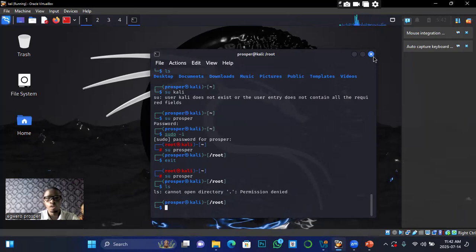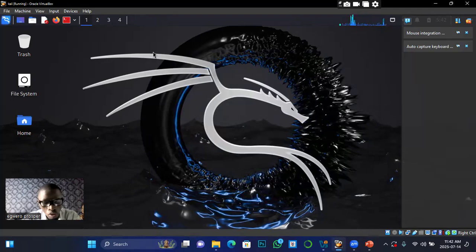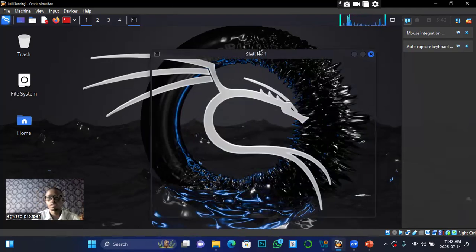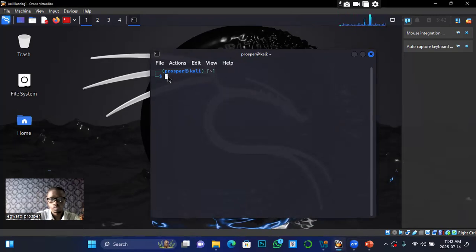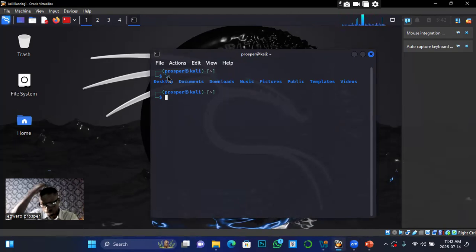Okay, let me just open another one. Control Alt T. ls. Sorry. Okay, now let's go to that root and see something. If you do sudo ls,